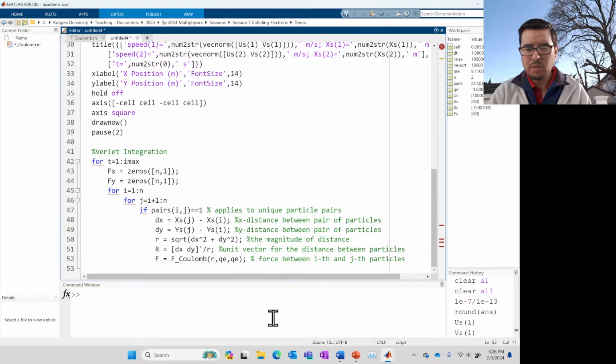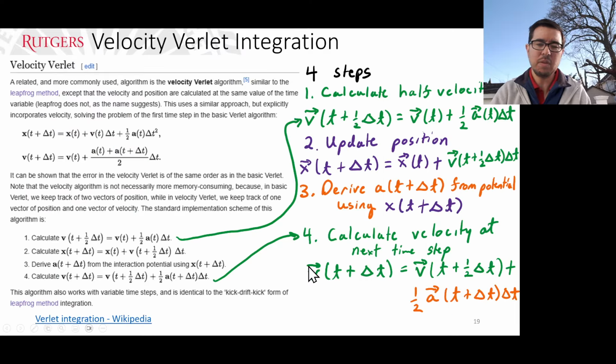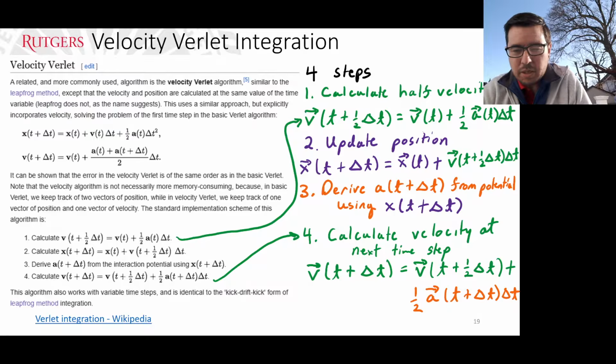I guess maybe I should have gone to Verlet for a second. So when I say Verlet, we're using Verlet, right? This is from session 2. All right, there are 4 steps. So the first step in this velocity Verlet integration is to